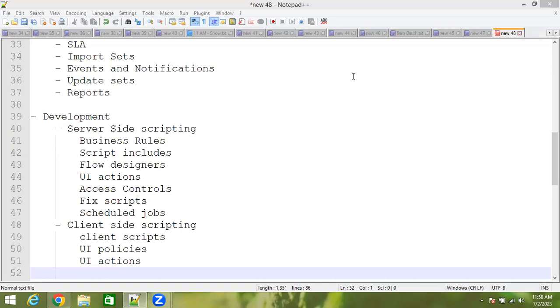Developers just develop the code, but the ServiceNow support team will have more responsibilities. The admin part doesn't have much coding responsibility; developers have that. In the admin part, do we have SQL or anything?